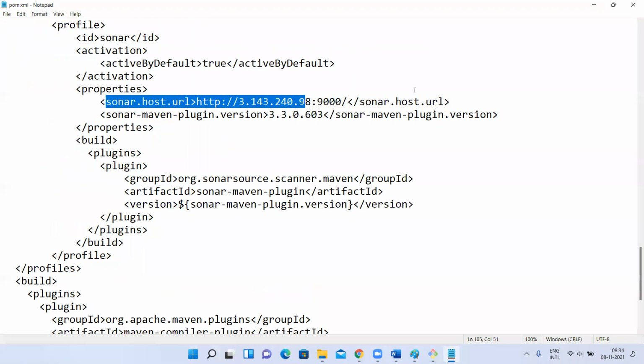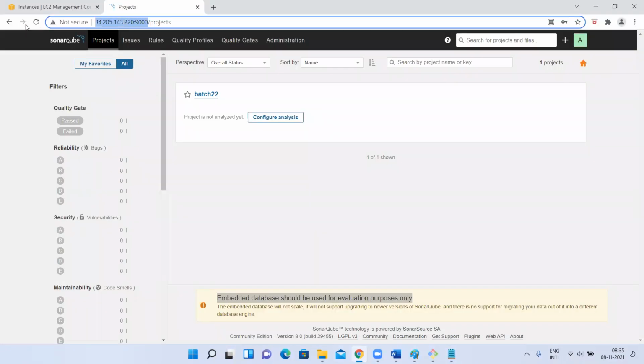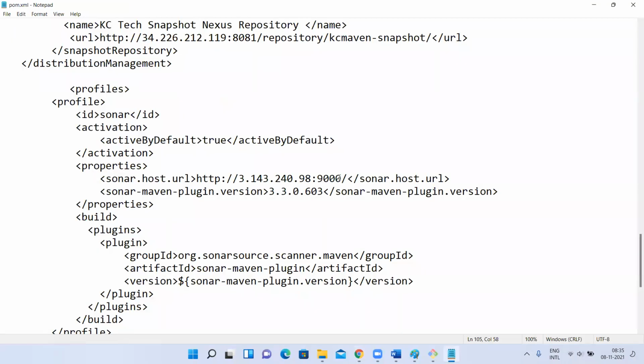So what I'm giving is a SonarQube URL, my SonarQube server URL. All right, in the project pom.xml, I'm creating one element called profiles. Under that profile, as we are going to use only one SonarQube server to export the reports, we are going to define that ID and activation, right? And then we are going to give the SonarQube URL. This is the SonarQube server URL. Till here, you have to give it. The slash is important. If you don't have the slash at the end, it will fail. Okay, you have to give this. And a plugin.